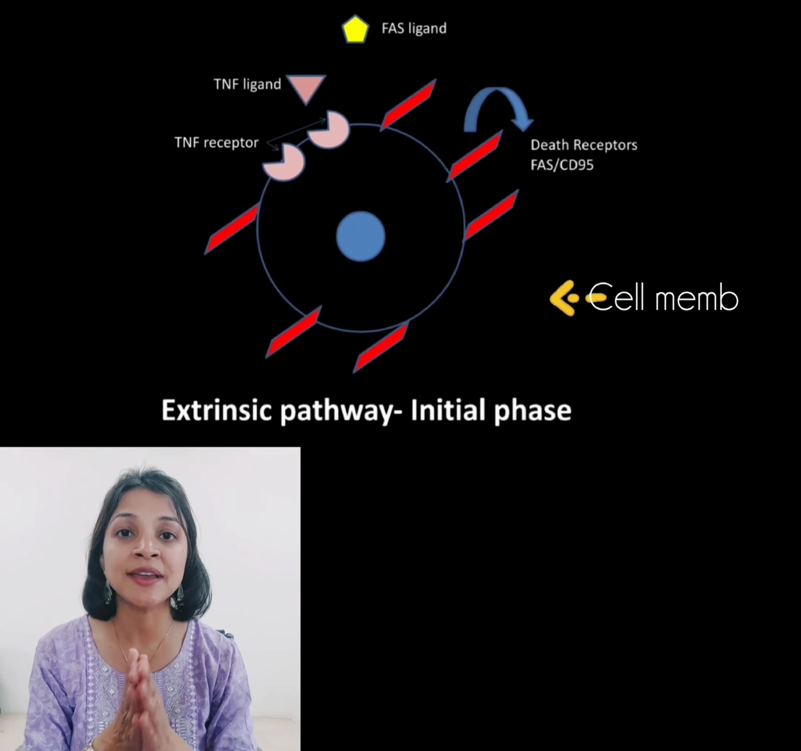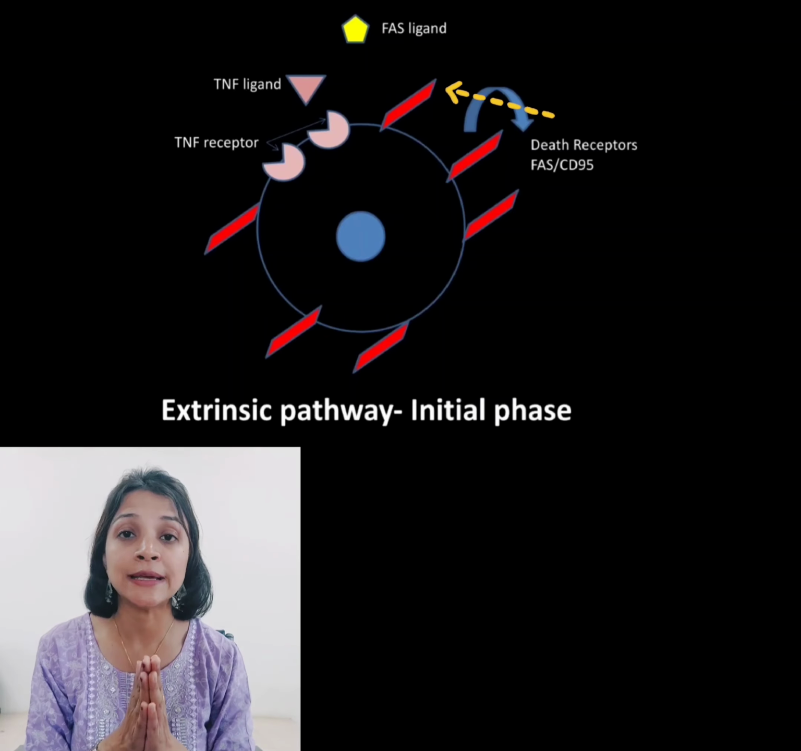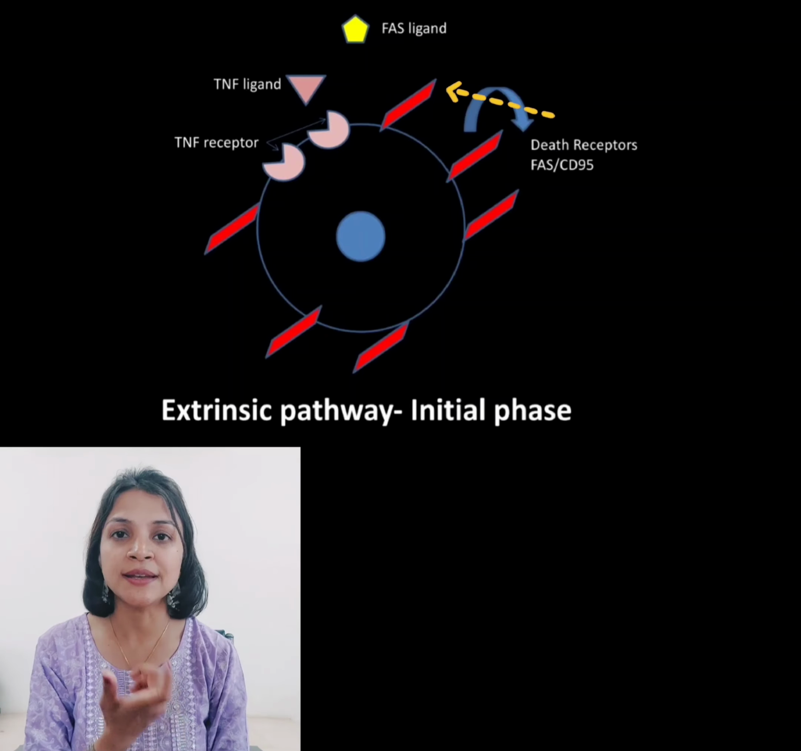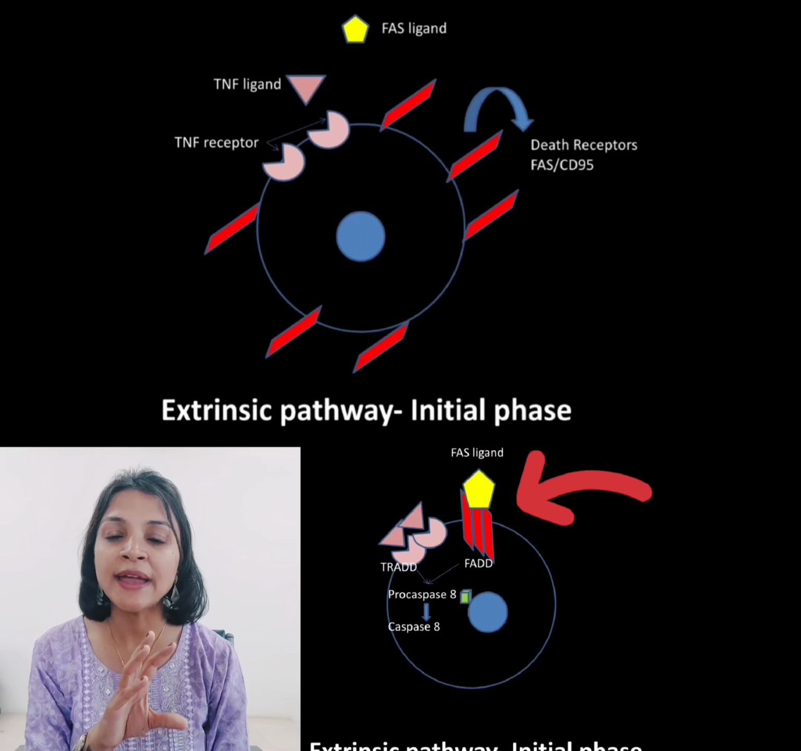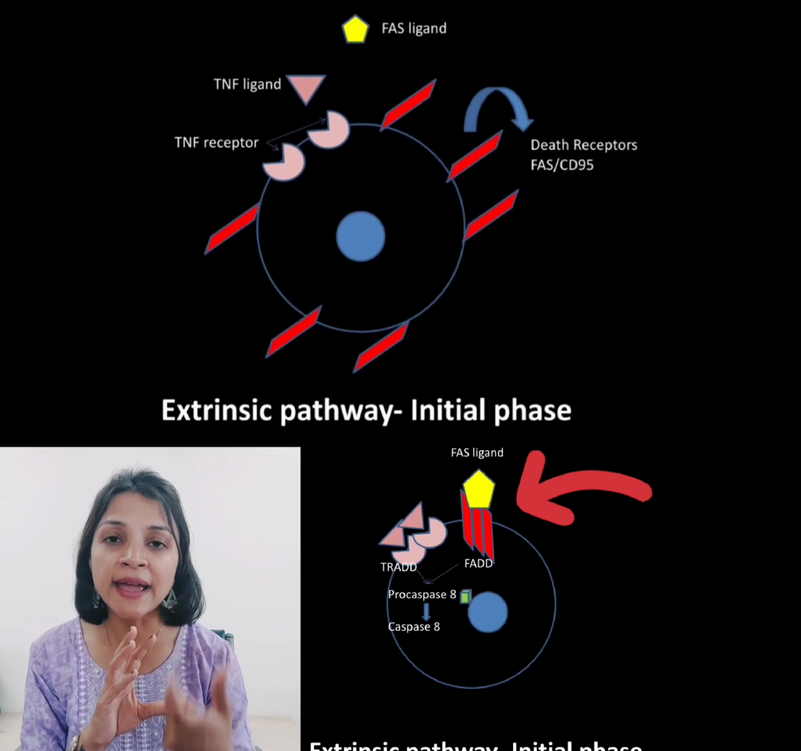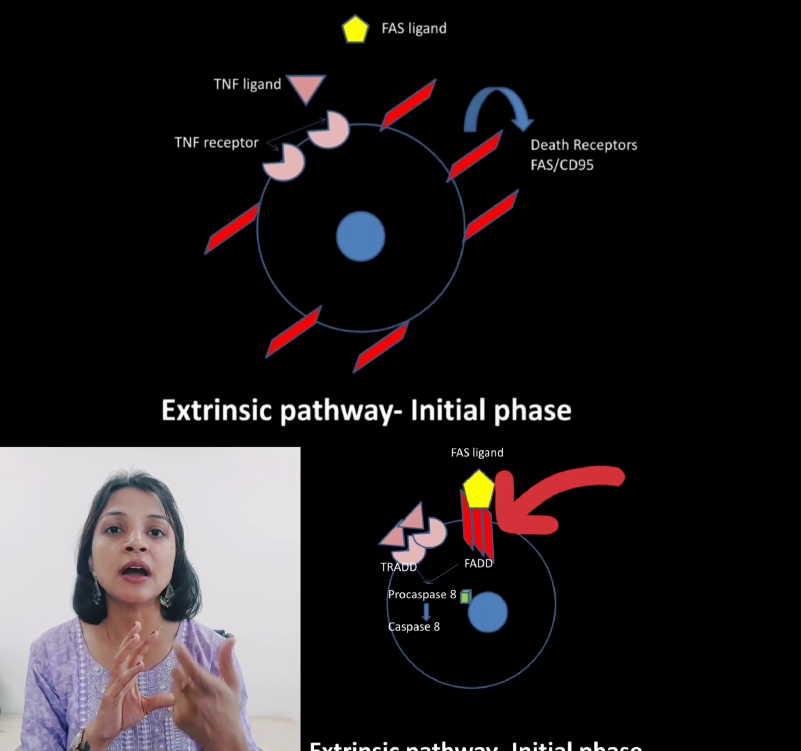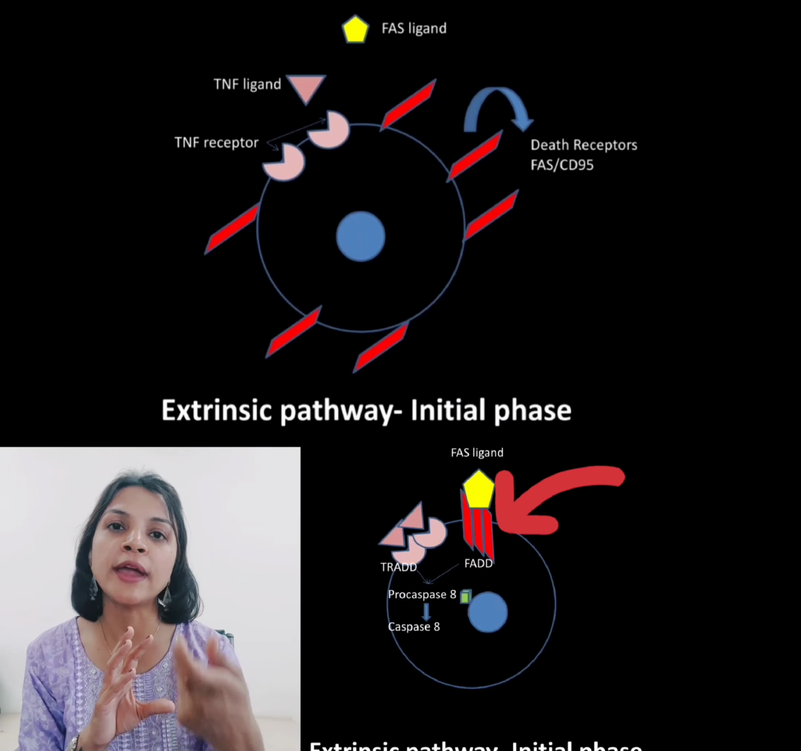Can you make out these red things? Those are your Fas receptors, or you can call it the CD95 receptor, and these are also known as the death receptor. Now, whenever this receptor binds with Fas ligand, here you can see the yellow colored thing, Fas ligand, whenever the apoptosis-inducing signal is there, this Fas ligand will go and bind with